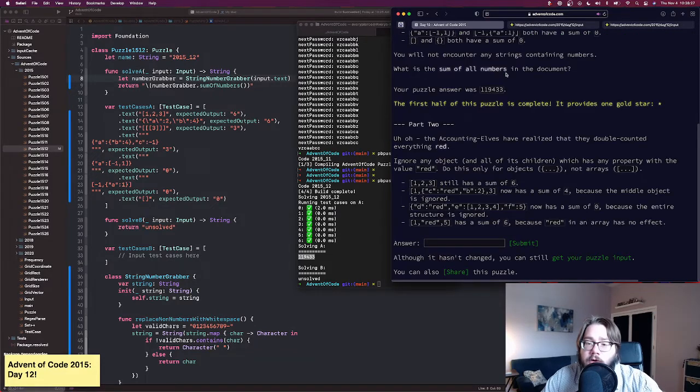Now part 2. Uh-oh. The accounting elves realized they double counted everything red. Ignore any object and its children which has any property with the value red. Okay, see, now I actually have to parse the whole thing as JSON. Do this only for objects, not arrays. 1, 2, 3 still has a sum of 6. 1, C red, B 2, 3 has a sum of 4 because the middle object is ignored. Ugh. Okay, so now